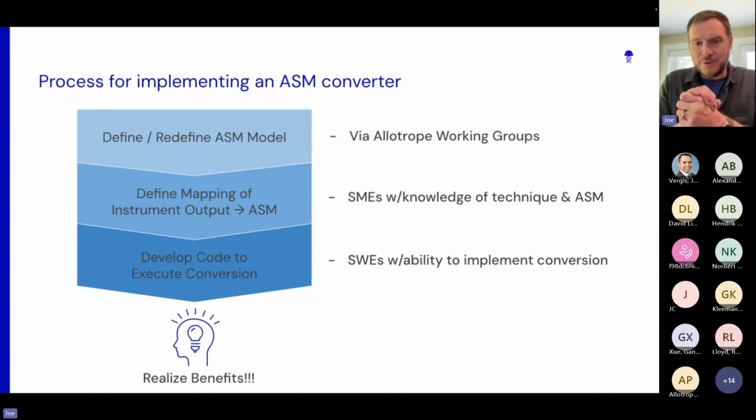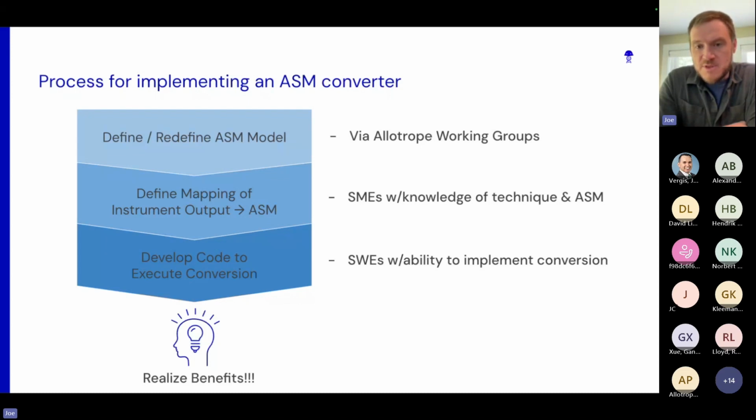But I do want to call out the redefine step, because in some of the talks already today, there have been discussions around the maturity of the ontology. And as we just saw in the last talk, when you empirically compare the ontology to other ontologies, it is quite immature.